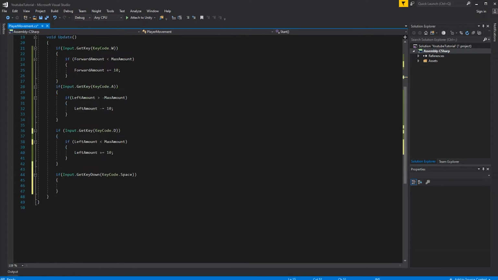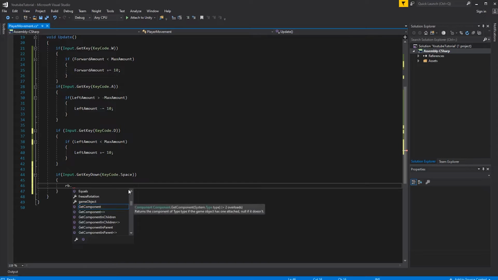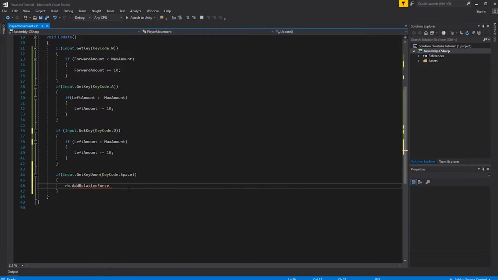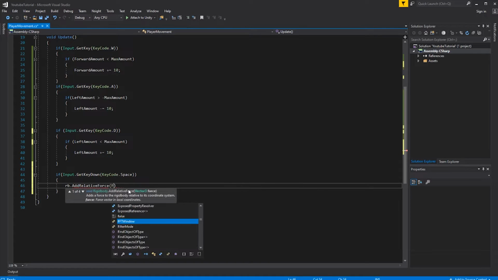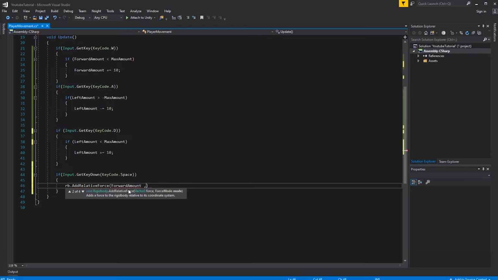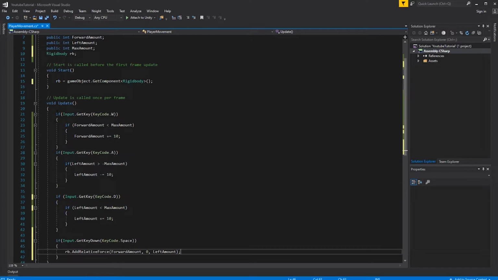Now, when we press space, we want to add some relative force with the forward amount, 0 on the Y, and the left amount on the Z.